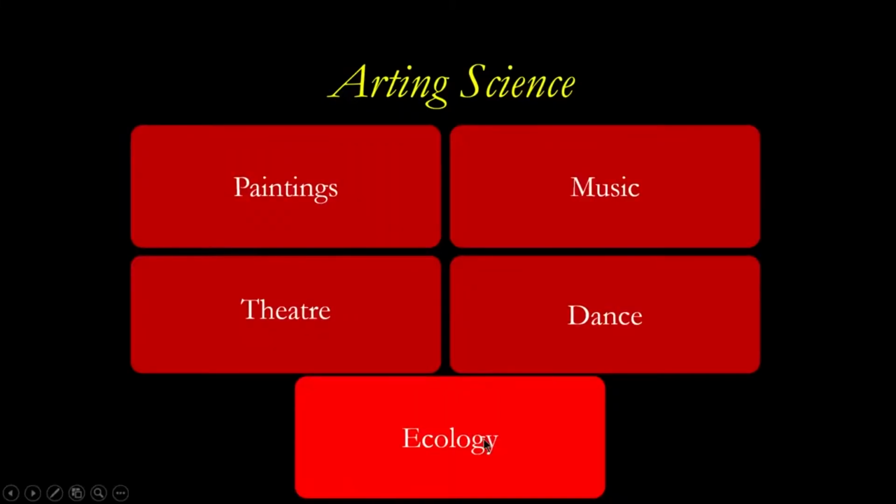I had given you examples from Indian folk paintings last time. Today, let us see from music. This was the slide I showed you last time, showing within the arting science program what kind of work the students are doing. Students have created things within the domains of painting, music, theatre, dance, ecology, etc. I showed you examples from paintings in the last class. Let me give you some examples from music, theatre, dance and ecology in today's class.